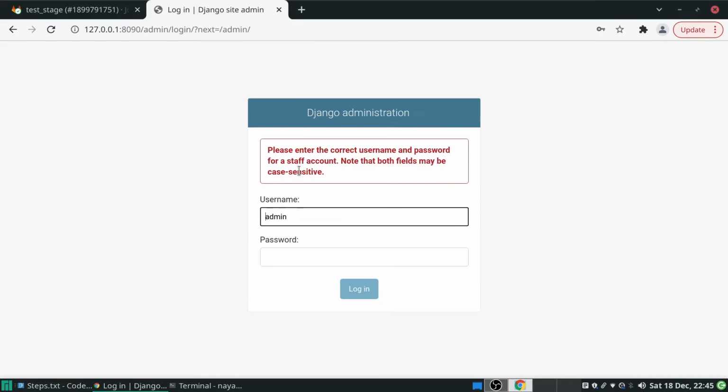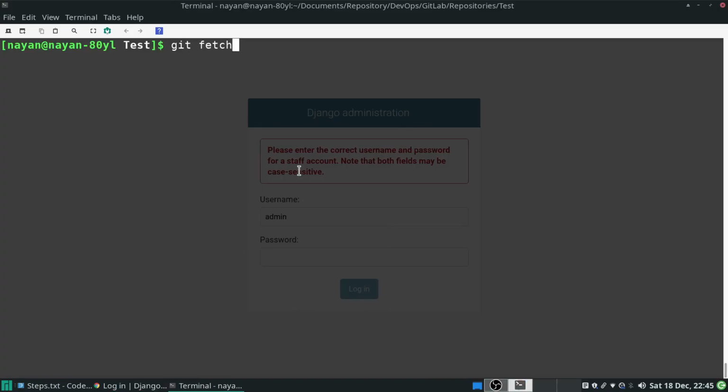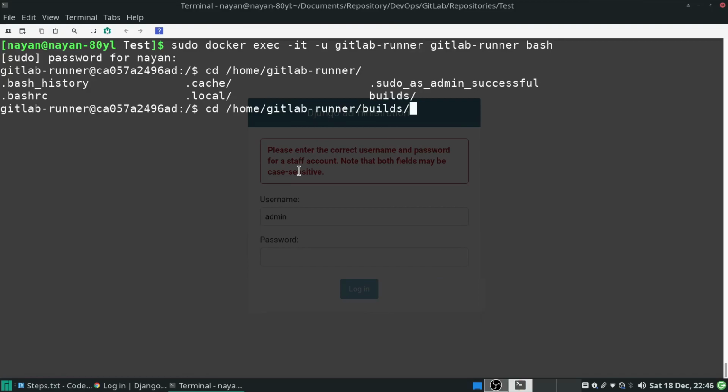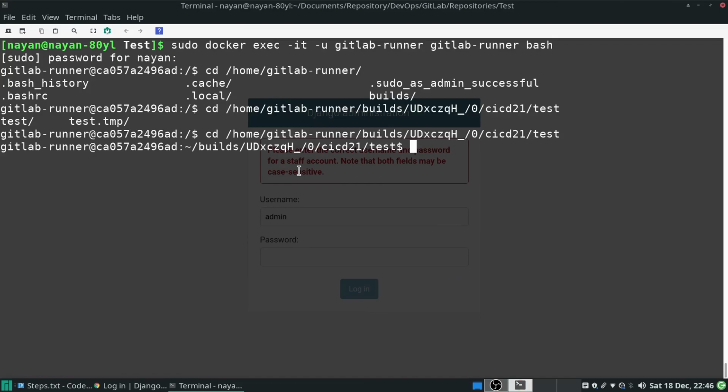Before we set up this admin user, let me tell you one more thing. First of all, let me log in to this GitLab runner user bash shell. If you want to know where this CI/CD pipeline is being run, we need to go to the home directory, gitlab-runner user, then builds. This is the folder where you will find the CI/CD files, then the runner ID, then 0, then the project name.